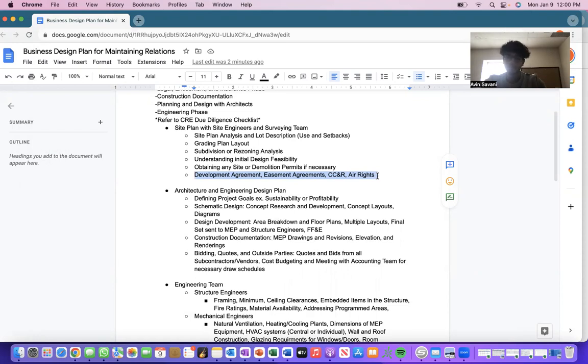So use and enjoyment and possession, and air rights as well. If it's a higher rise building with higher elevation, then air rights matter, especially if there is an airport nearby, which could be a risk to consider. So these, I would say, are the main ones you need to attain from the city within any project.